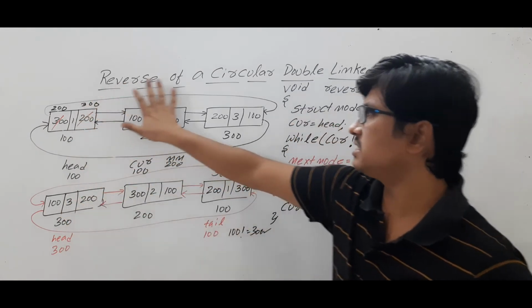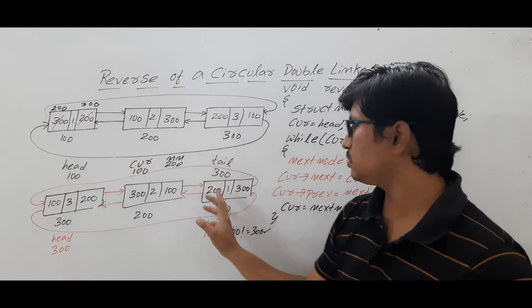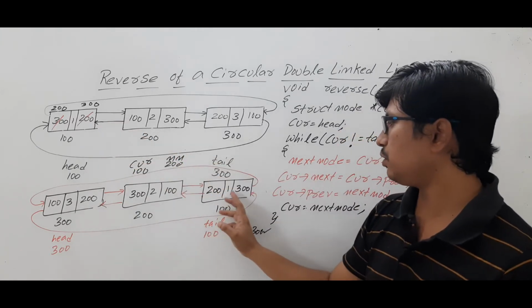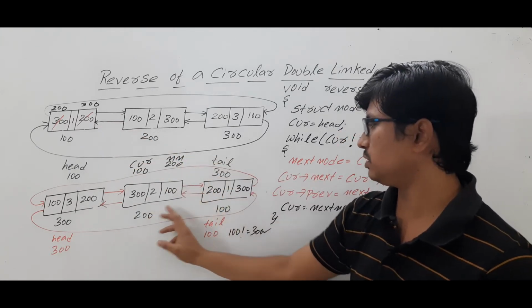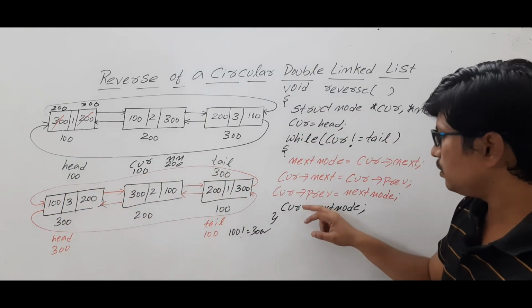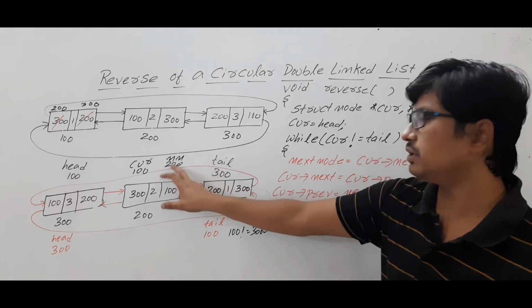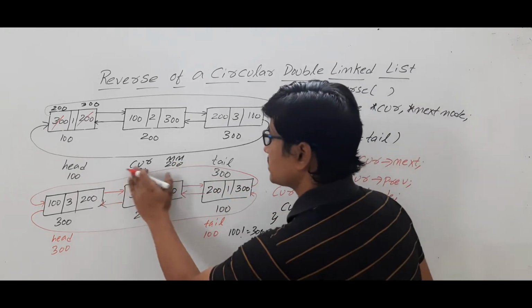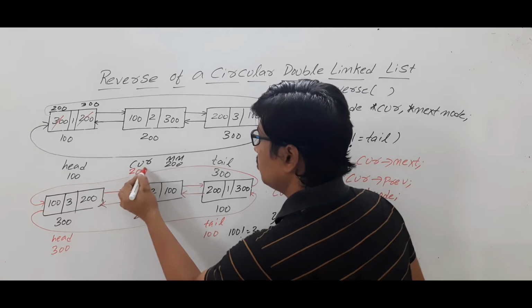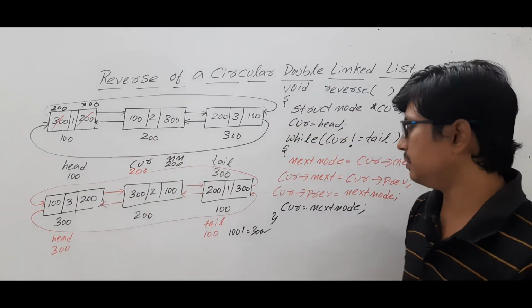Instead of exchanging everything here, we have written it here. So these links you can establish here. So you have 200 and 300, which is pointing to this node and which is pointing to this node. Then look at the next statement. Current is equal to next node. What is next node having? 200, that you are assigning here. Now both these pointers are pointing to the second node in the circular double linked list.